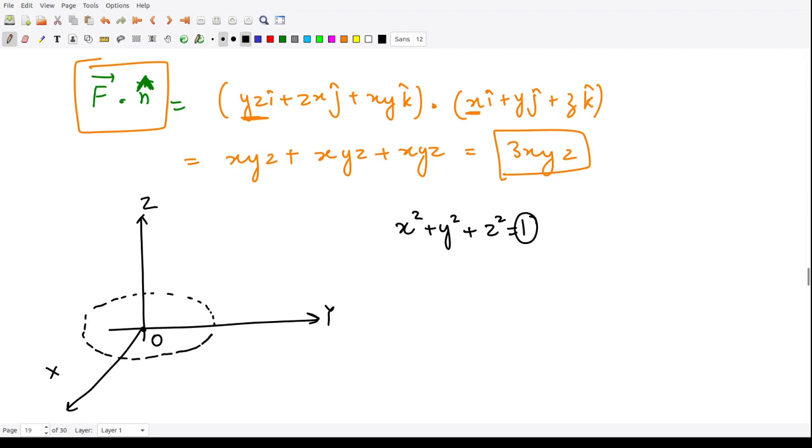So this is the circle, and corresponding to this circle, our sphere in the first quadrant would look something like this, right? So this is our sphere. Now on this sphere, because we are to take the surface integral in the first octant only, if we take a small portion of the surface, it would be something like this, right?